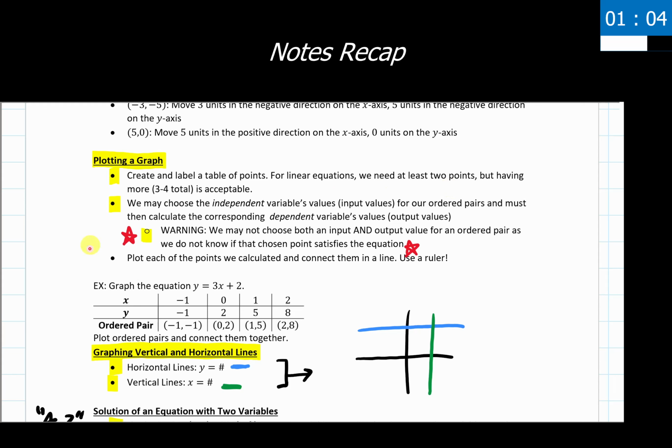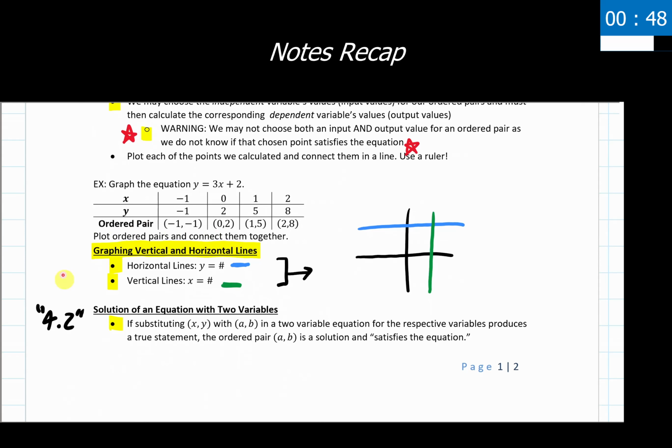We find those 2 points by choosing the input value, or x value in this case for our example, and then calculating the corresponding output values that went along with those. We graph those points, and then we have our answers. We had our quick mentioning of the 2 special cases of linear equations, vertical and horizontal lines, what each of those looks like on a graph, and some characteristics of the equations themselves.